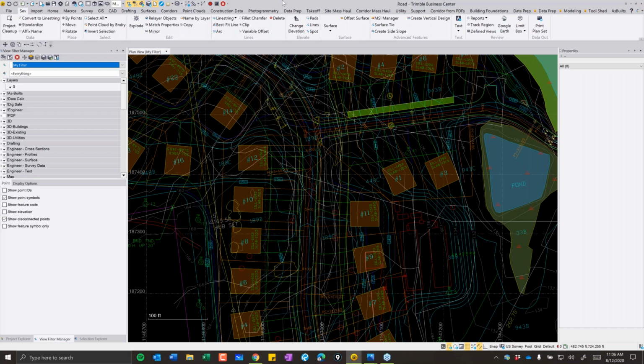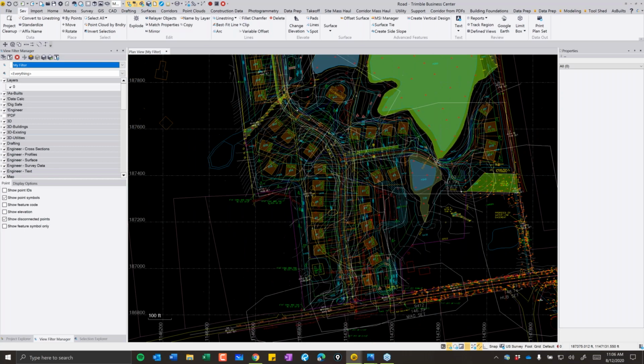Okay, so before we get down into the weeds of Create Vertical Design, could you boil down the data prep process, how you see it, into the major steps, and give us a high level of the things that you do to prepare yourself to start using the vertical design tool? Definitely. I figured I would just take a typical subdivision